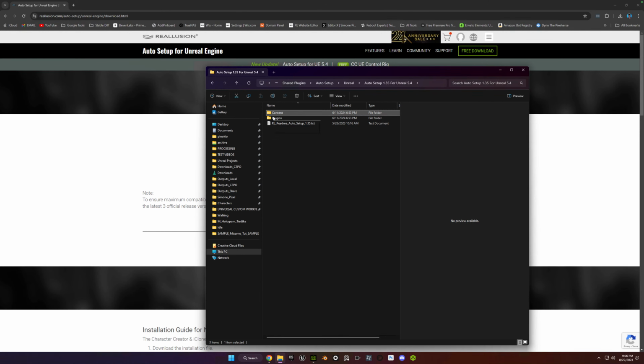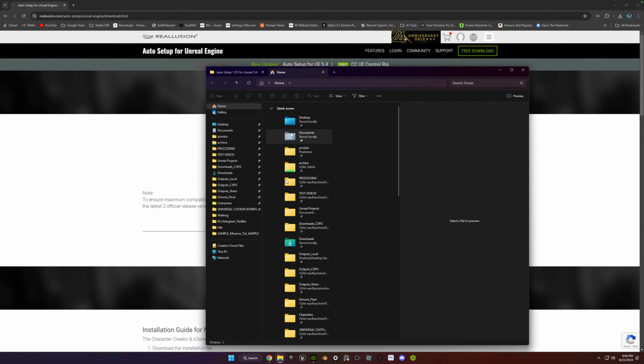You don't need to install this every single time, so you only need to do it the one time, and then these folders are here. The only reason you'd need to reinstall it is if a new version comes out, and then you would want to have 5.5 or whatever to be able to grab these, because it's version specific. So you're going to click these two folders, the content and the plugins folder inside this, and just copy it,